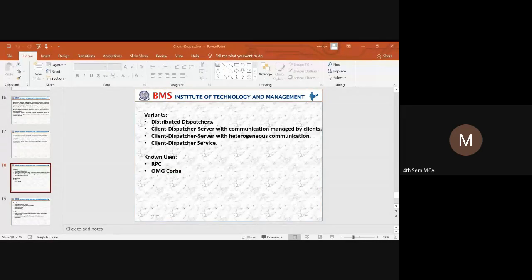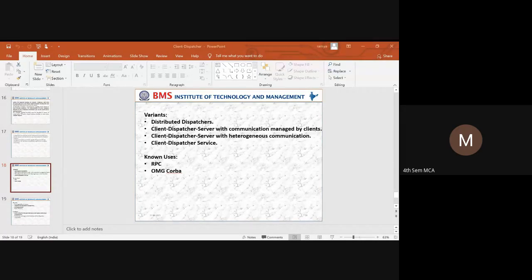You cannot use different communication mechanisms or protocols when establishing communication between a client and a server. Some servers may use sockets, while others may use pipes. So this leads to the variant of the client dispatcher pattern in which the dispatcher is capable of supporting more than one communication mechanism.